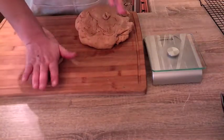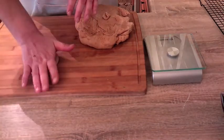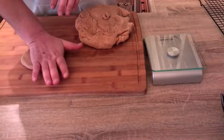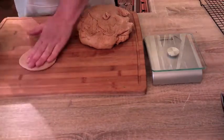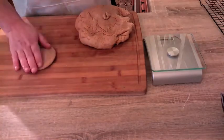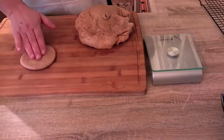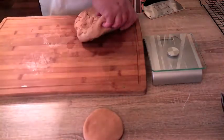You'll see it'll come about. I have a measuring ruler on. If you have a ruler, sorry, lying around the house, that would be great. I have a measuring ruler built into my bench scraper, and if you just press it down into a nice round, just like so, and then just check to see where we are. So here's 0, and there's 4, so that's about 4 inches around, and that's exactly where we need it to be. We're going to set that aside, and then just continue to carry on